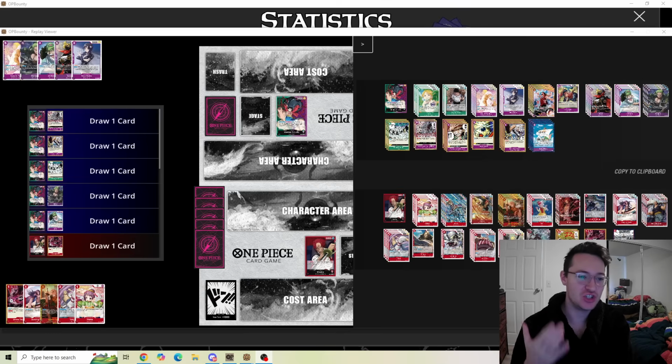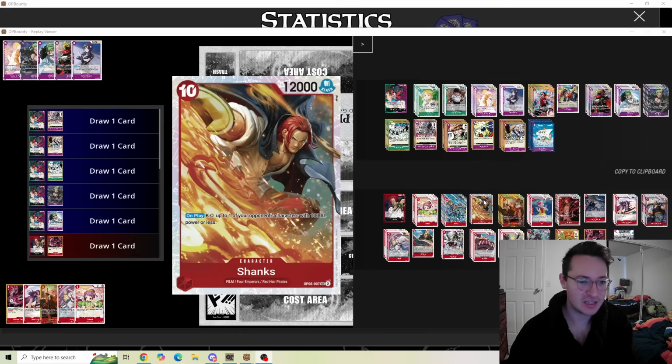This is going to be Shanks versus Green Purple Luffy. Shanks is a very targeted control build versus Green Purple Luffy. I mean, we do have some things like the Pop Shanks maybe running this to try and combat